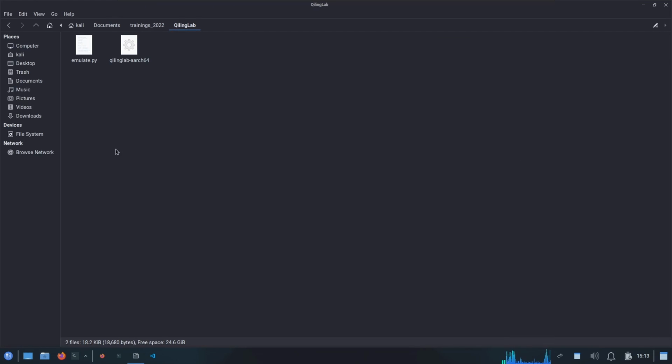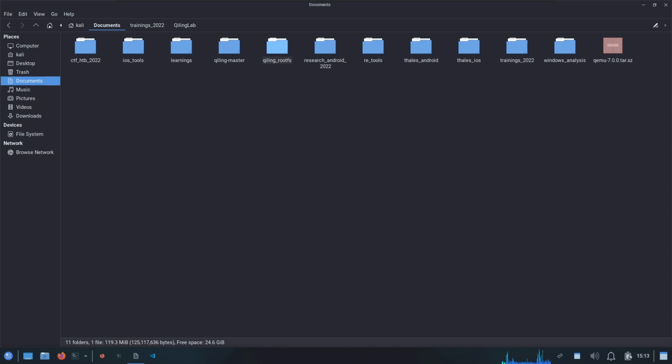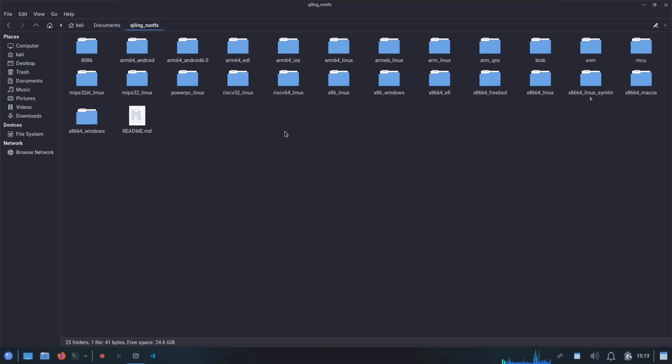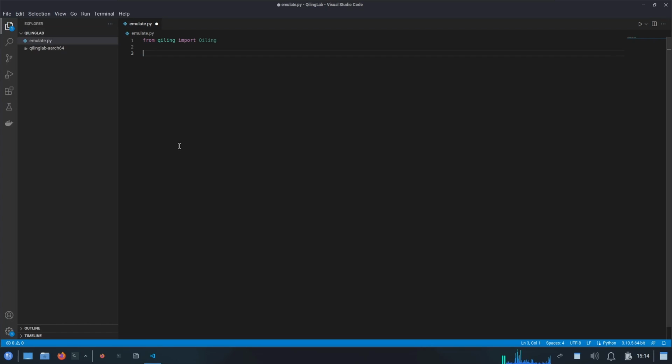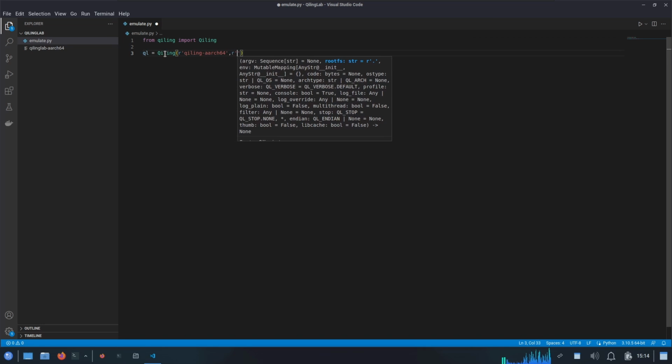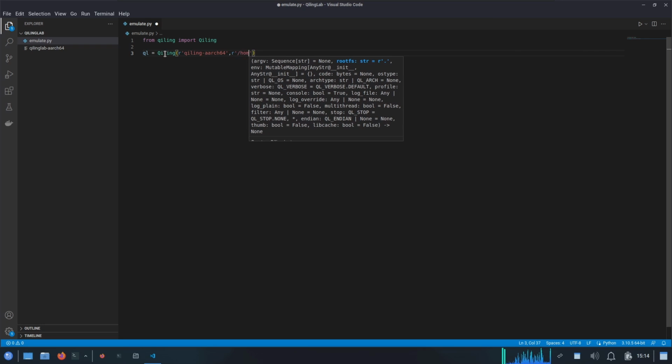Now I have already downloaded it and it's there in my documents under Qiling underscore rootfs. So I have downloaded all of them, but for this binary we need the ARM64 underscore Linux one. So what we are going to do is initialize this by passing the binary name as the first argument, right? And then as the second argument, we need to pass the path of our rootfs directory, which in my case is